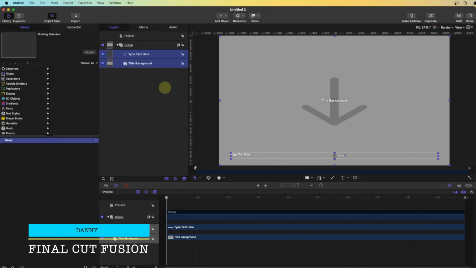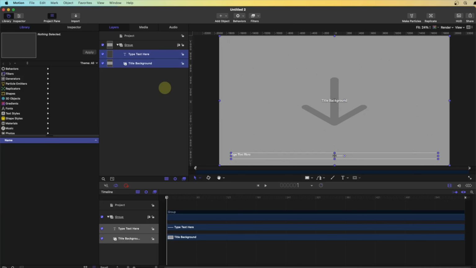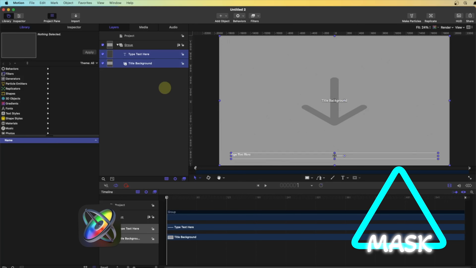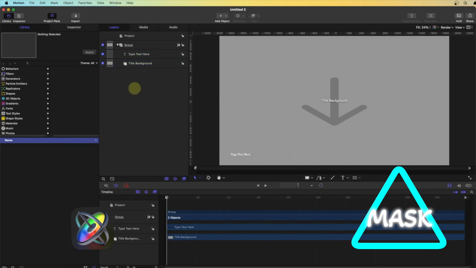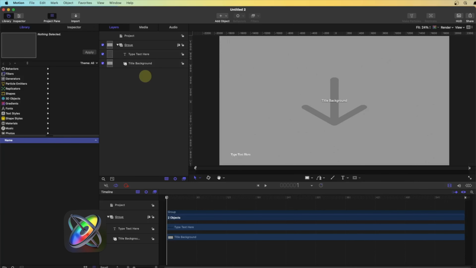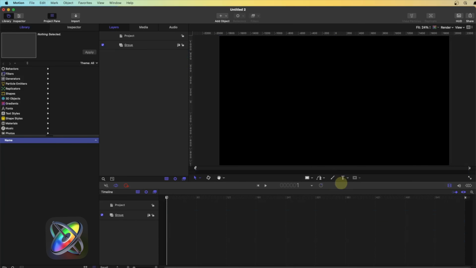We're going to talk today about masking. As you know, masking is really important to learn, especially in Motion, Final Cut, and Photoshop editing. First thing, we're going to go for the Motion text. You can choose whatever you like, a Motion text, a motion generator, or Motion. We're going to delete those, and we have a